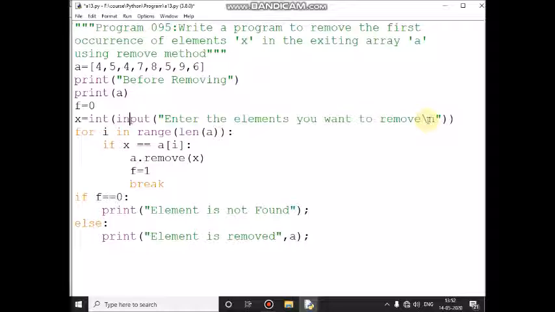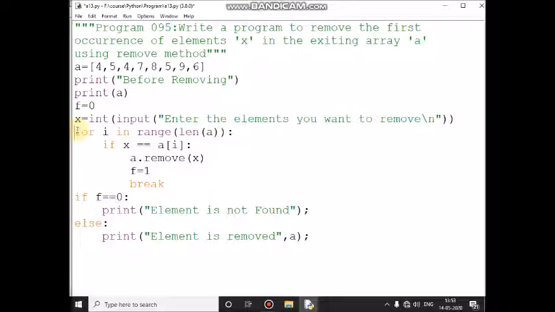After printing this message, the cursor will move to the immediate next line. Why? Because here I am using \n. \n is an escape sequence character. It will move the cursor to the immediate next line. Whatever value I read from the keyboard through the input function is treated as a string, so you should convert it to an integer. For example, my input is 5. 5 will be converted to an integer, then assigned to x.